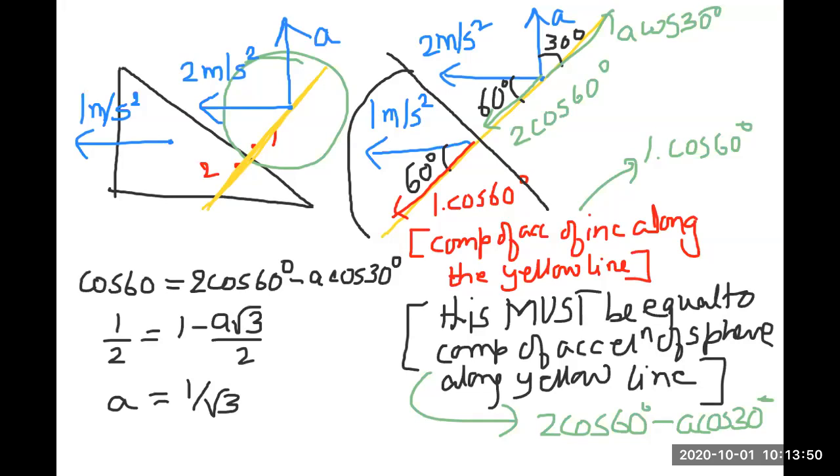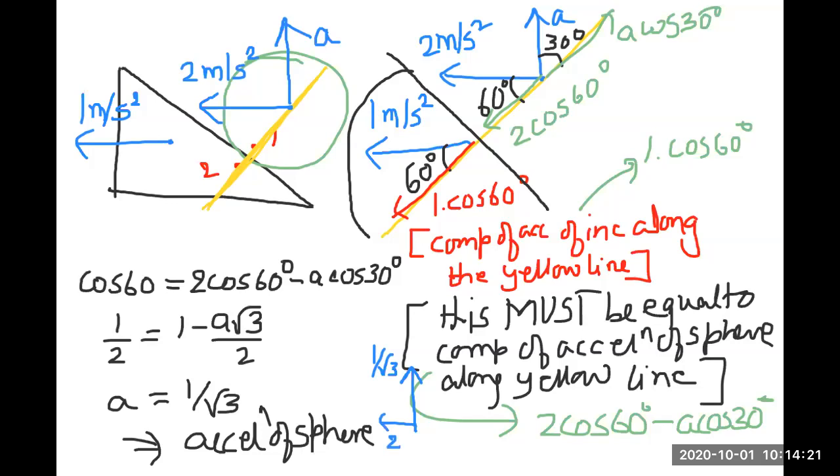So I get a is equal to 1 by root 3. This implies that the acceleration of the sphere is, इस डायरेक्शन में 1 by root 3। हाँ मैं बता रहा हूँ, एक मिनट। और इस डायरेक्शन में द एक्सेलरेशन इज 2। राइट, नाउ यू कैन फाइंड द नेट एक्सेलरेशन। इसका अंडर रूट करके स्क्वायर करके ऐड कर देना, राइट। 4 + 1/3 रूट 4 + 1/3 है, रूट 13/3।